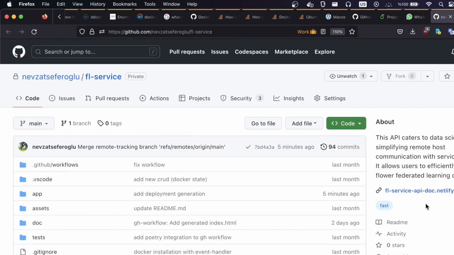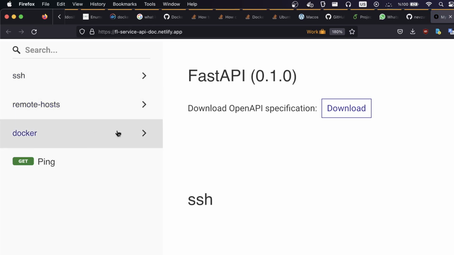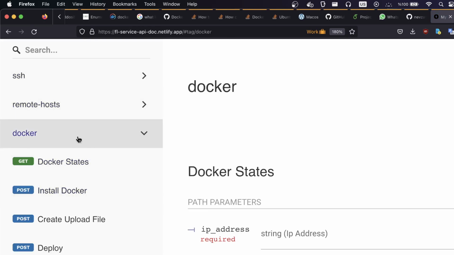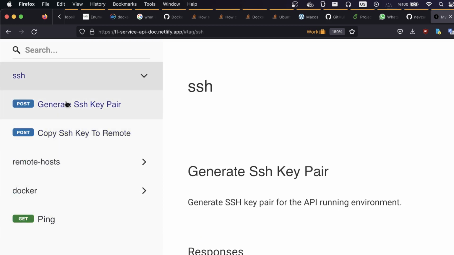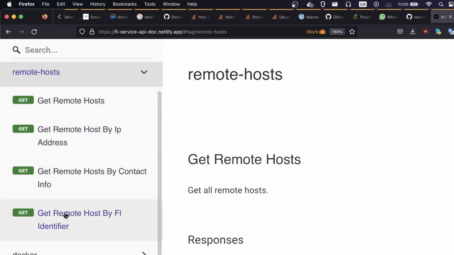I deployed my API library here. You can review my library endpoints here. For example, I have an SSH connection. You can copy the SSH key to the remote host, which I will do later. And also you can generate an SSH key pair for the server side and for the remote host. These are the endpoints. You can get the recorded remote hosts, and filter the recorded remote hosts by IP address, contact information,